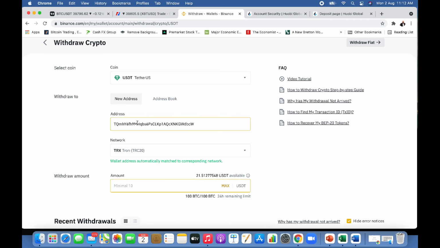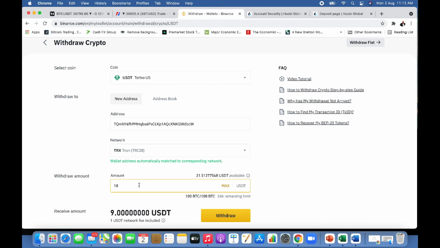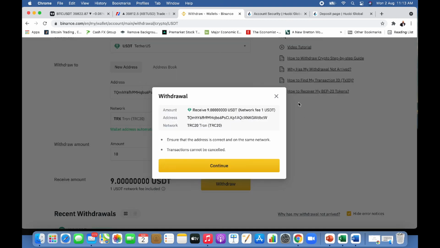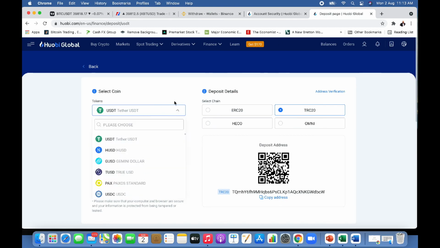Now, over here, you can put any amount. So let's say, for example, if you put $10, you can see over here it is only $1. $1 fee will be deducted. Can you see that? So that is the reason why it is actually more cost effective for you to use the TRC20 network, because the fee is quite insignificant. Now, once you have done that, you can then click withdraw. Once you have clicked withdraw, you can then press continue, and what will happen, probably between 5 to 10 minutes, you will be able to see your deposit actually landed in your USDT.